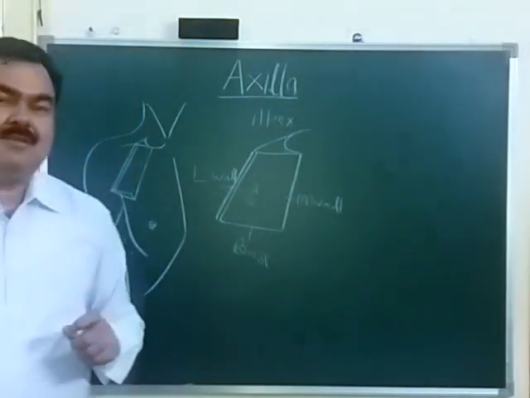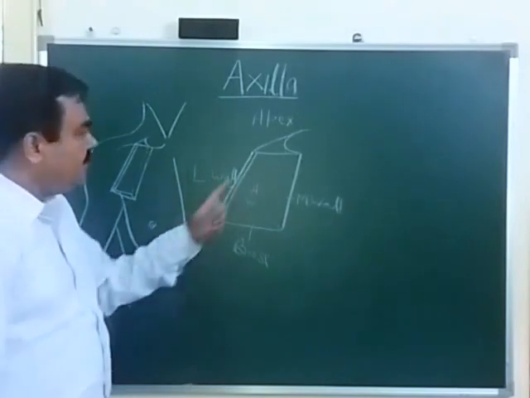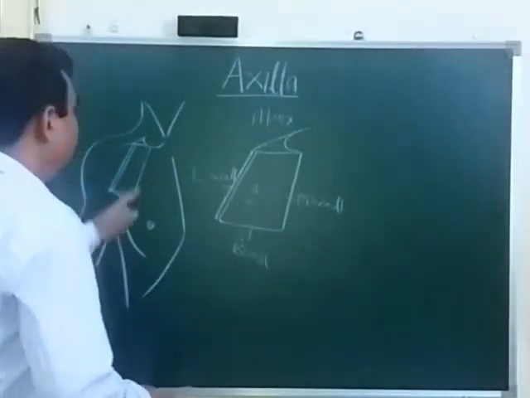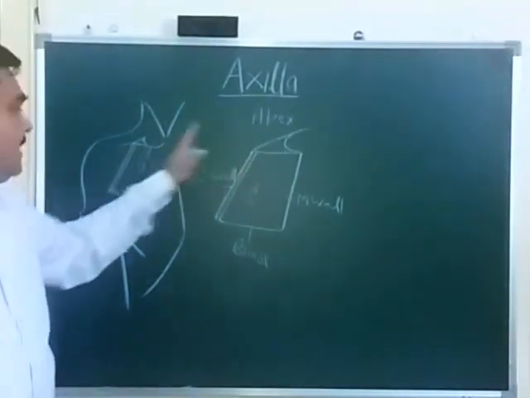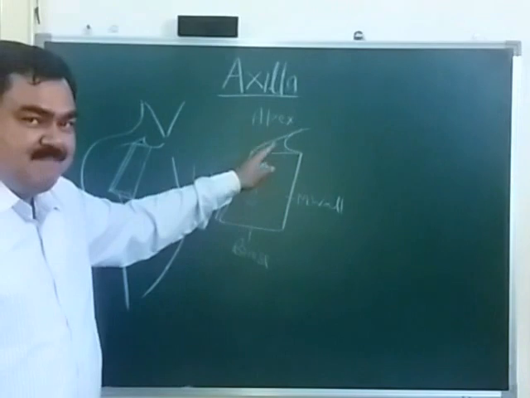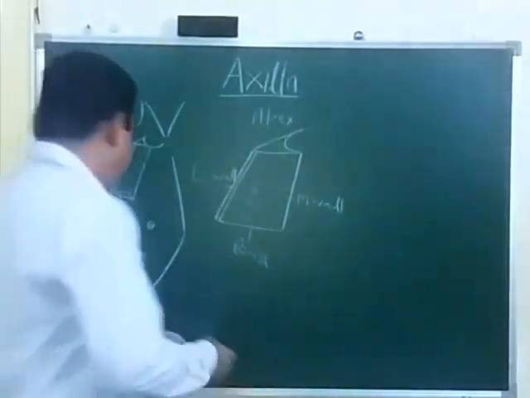So first of all, we will discuss about the boundary of the apex. How is the apex formed? How it is formed? Which structure form the apex? This is apex, and this apex is formed by